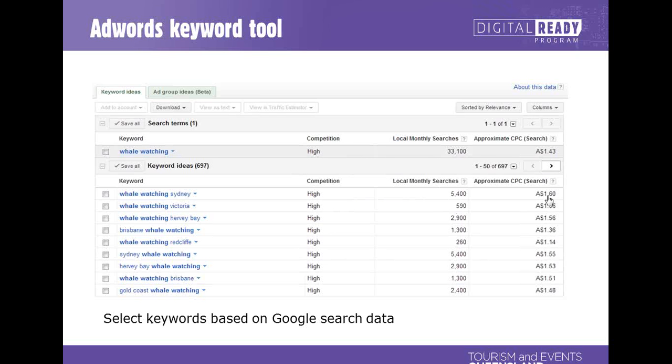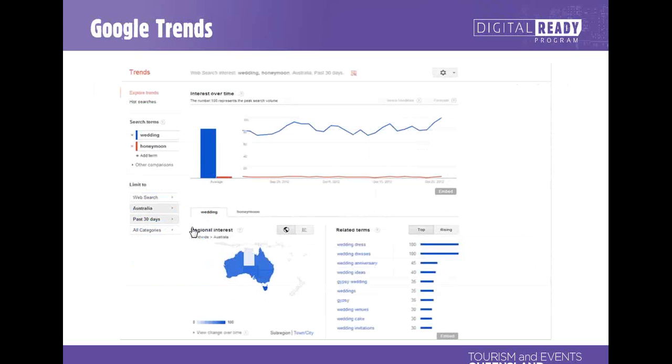If you're not sure where to start with AdWords, go to the keyword selector tool, which is Google's, and type in some ideas for keywords and just see what comes up, and have a look at if it's high competition. Obviously if it's high, you're going to pay more than if it's low. Ideally, although it's rarely found, we want low competition and high volume of searches on that keyword, and it can help you very much select keywords for your advertising campaign.